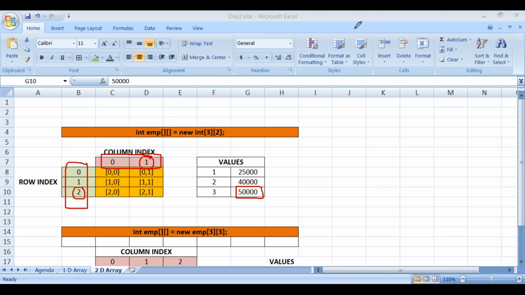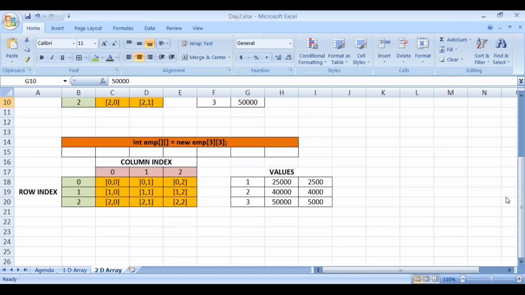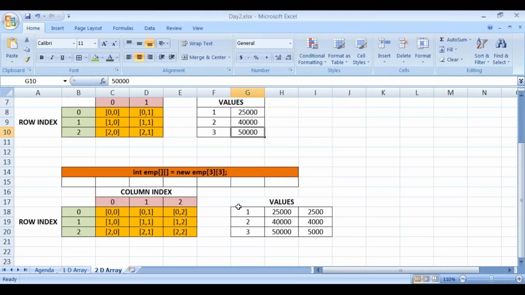Now, let's look into one more example. Suppose you would like to store employee ID, salary, and also the tax. Suppose the tax deducted here is 10%. If you want to store the tax also, which is getting deducted, then how do we store it?